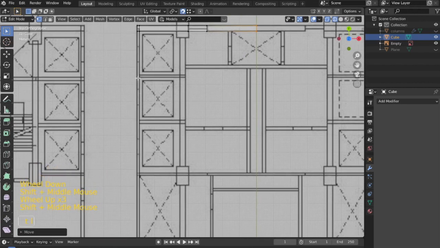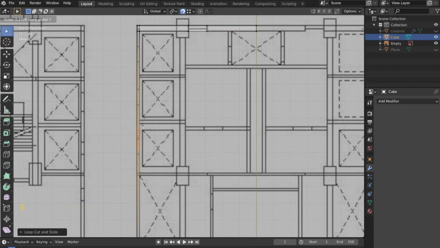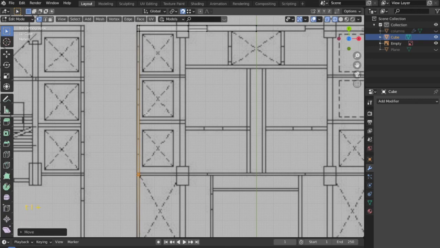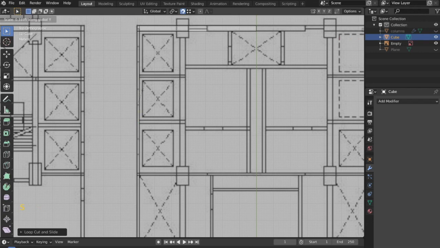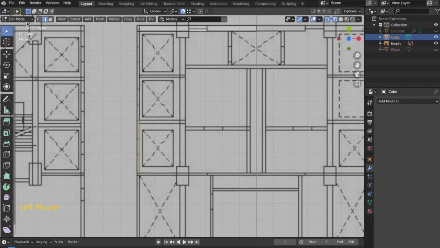Now over here what you can do is give some loop cuts and then scale them along the y-axis and bring them over here. Also you can do this another time and then scale them along the y-axis. Now the next part is over here, to extrude them.